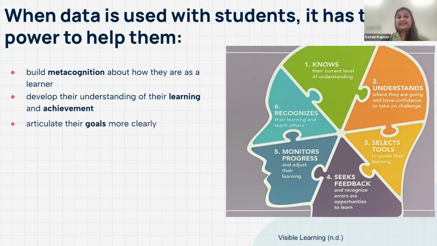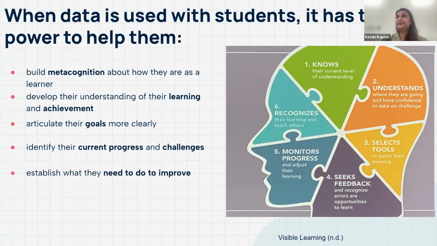The third thing is that the data also gives the students the ability to articulate their goals more clearly. What is it that they want to achieve based on the real evidence, based on their current performance? It tells them where they are in their current progress and what challenges they are facing. It's one thing to know that you're struggling, but it's another to pinpoint exactly where and why. This is where data comes in handy, right? Students can know exactly where they're falling behind when it comes to reading,